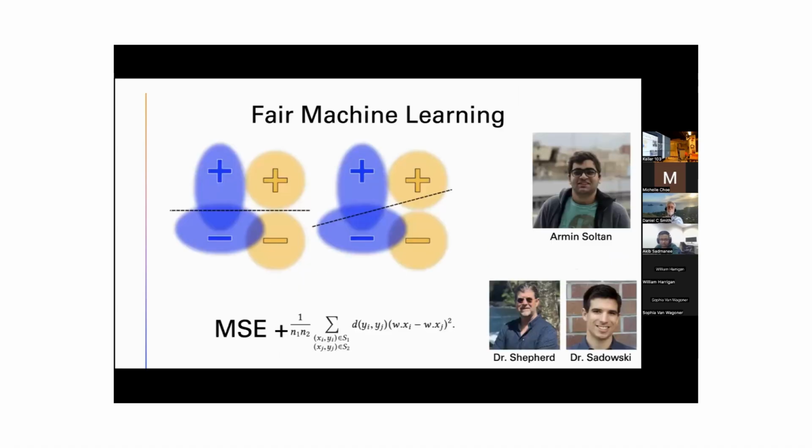Another thing that I'm looking at is fair machine learning. So a lot of the data sets used to train machine learning models are inherently unfair, unbalanced across demographic groups. So you have 80% of the data coming from white populations and 20% from everyone else. And then as a result, when you train the model, the accuracy and F1 score and all these measures are much higher on white populations than others, just as an example. Whatever group is overrepresented in the training data tends to have better performance.